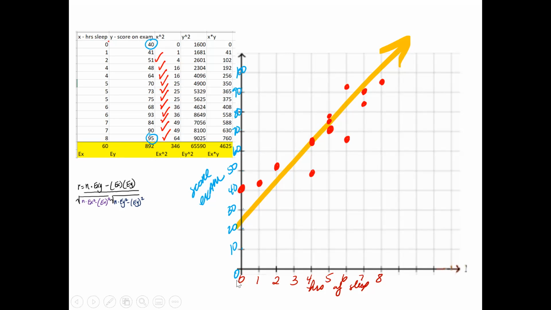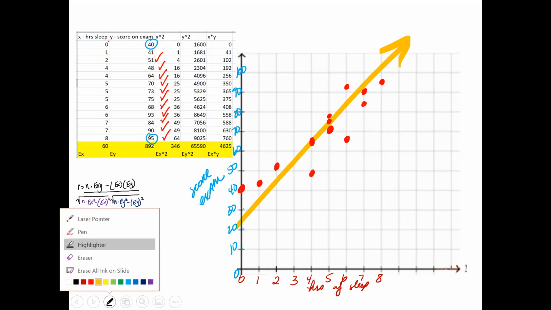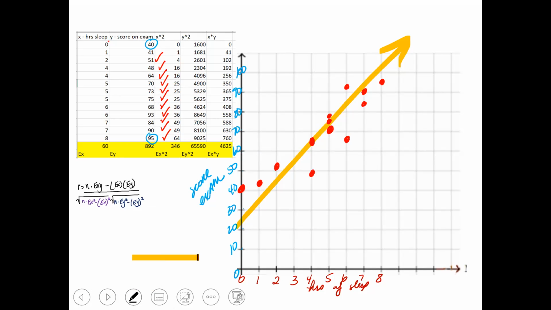And so now what I want you guys to do is, now that you have these numbers here, go ahead and take the numbers, and I want you to plug into the formula. So let's go ahead and do this.